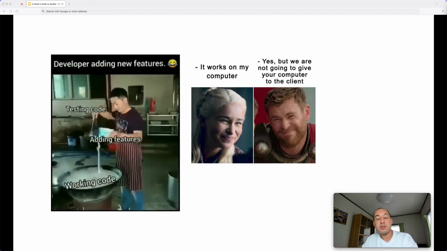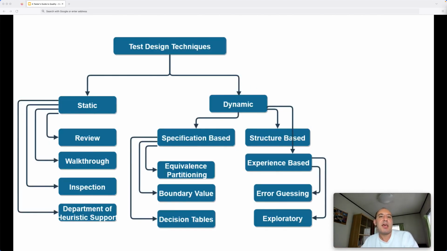We can embrace lots of different test design techniques, and we can try them. For example, there are lots of different techniques we can use, but a few very well-known ones are maybe equivalence partitioning. In this way we can try lots of different data values, not only a certain range of data, but also lots of different ranges.